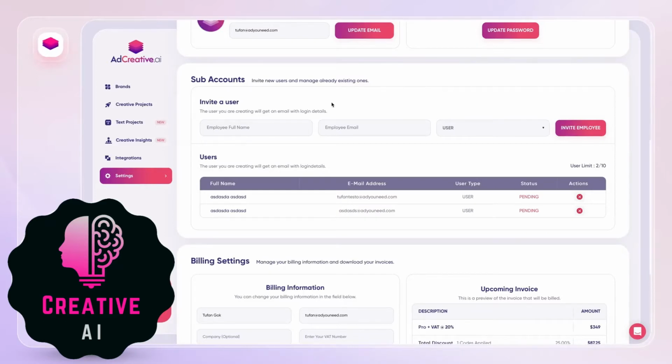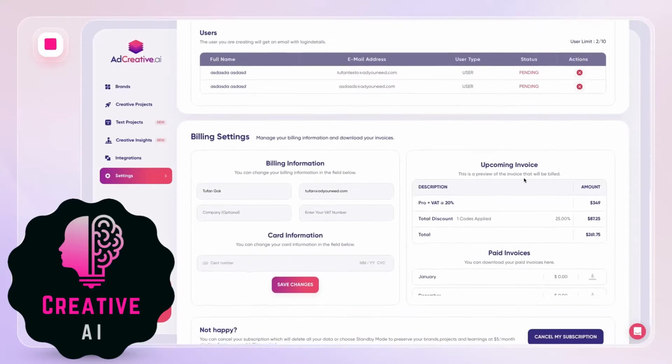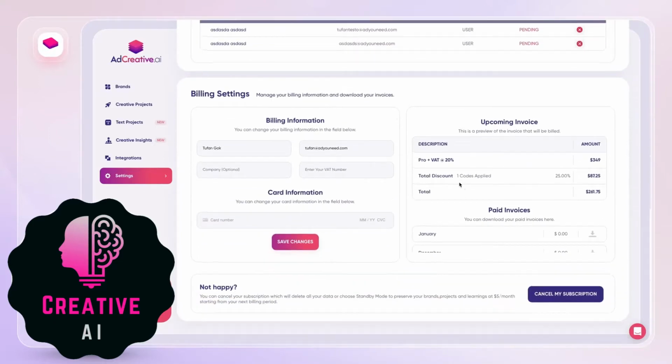We have 3 users included essentially in every package we offer, and admin users are currently limited to about 10 per admin. You can contact support if you need more of that, and you can then see your billing section. For example, let's say that someone else is doing Black Friday and other things at the same time as you are doing Christmas shopping. You would all be using the main account's credits to avoid being charged extra. Upcoming paid invoices, you can modify your billing information, and you can cancel your subscription,